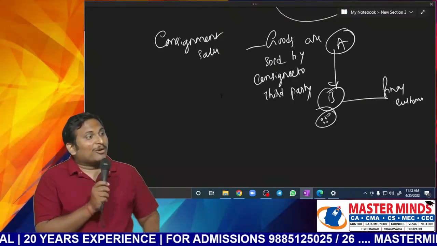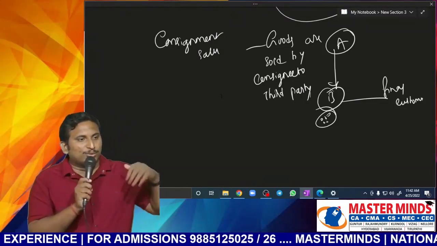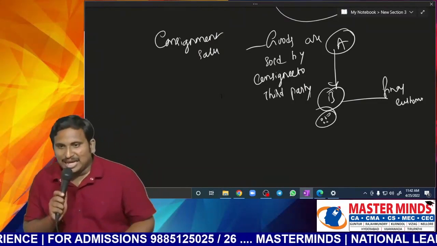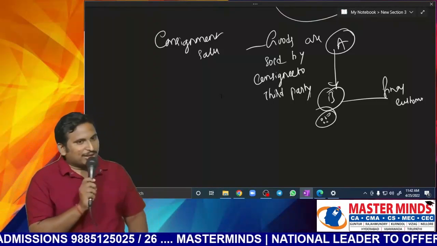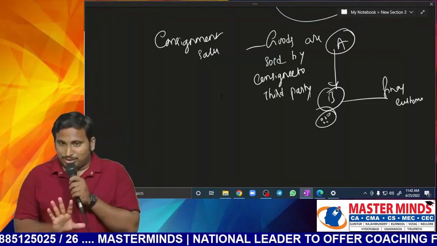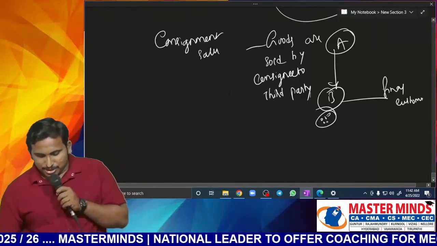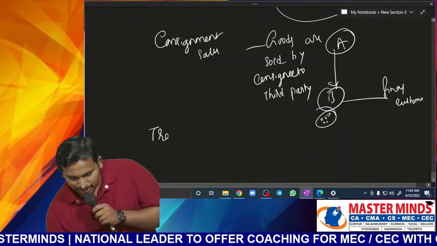So sale cannot be guaranteed unless you receive the cash. Is that clear, sir? Either the seller or his agent, like an Amazon delivery agent. If either of them receives the cash, you can recognize it as sale. So like that, some scenarios are there, sir. I'm taking whatever is important for examination. Let me discuss one or two issues also. They'll give this one also in the examinations, sir.